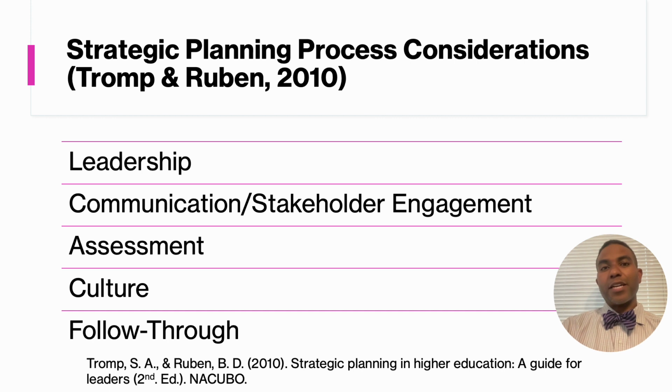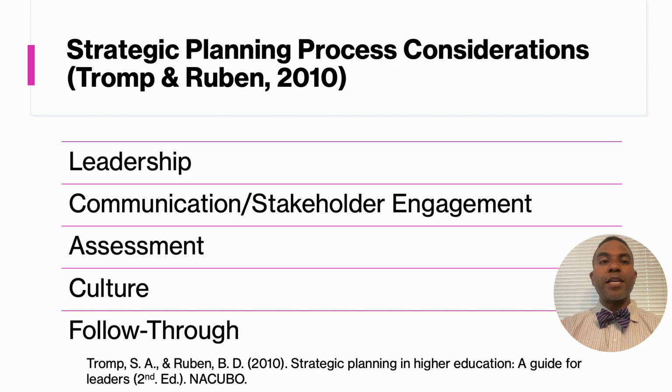So, things you need to consider when you engage in strategic planning: you need to consider things like leadership. Who's your leader? How do they lead? And who are the other key leaders involved in the process? Usually there's a strategic planning team that leads the process. You may have some strategy leaders who lead particular areas and work with people across the institution in order to achieve those particular strategies or goals. There's going to need to be some communication planning and stakeholder engagement.